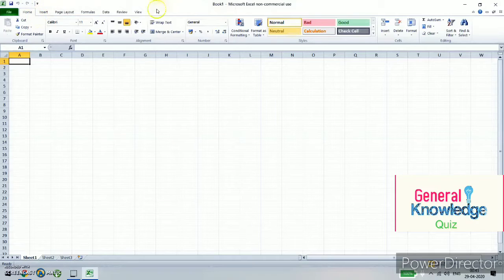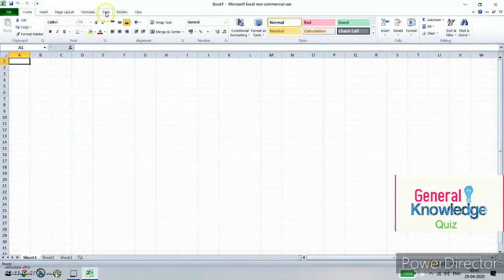On the left hand side you can see a few commands. We call it the quick access toolbar. Down below you can see File, Home, Insert, Page Layout.